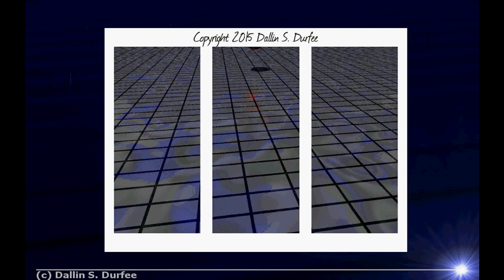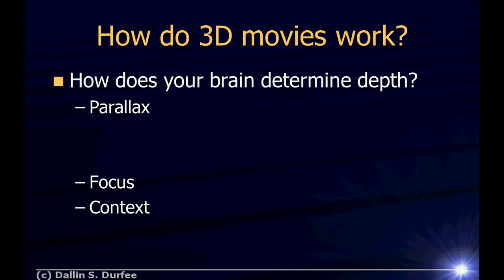You should do that. Anyway, how do 3D movies work? Why do I bring this up? This is kind of off on a tangent. Doesn't really have to do with the class, but I know you're interested because 3D movies use polarization. All right, so the main way that your brain determines how far away something is is something called parallax. If there's something right here, and here are your two eyeballs, you have to kind of cross your eyes to see it. If it's further away, you don't have to cross your eyes as much. So your two eyes see two different images, and they put them together and figure out what that angle is. And that tells you how far away something is.